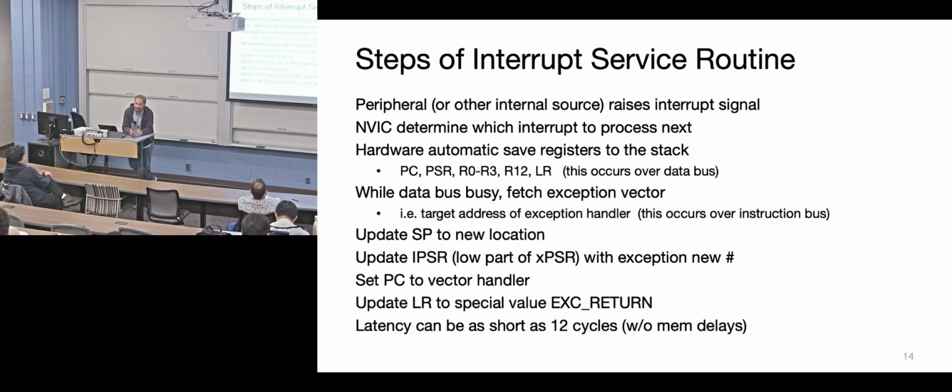I think the important part to think about is that when you're leaving an interrupt service routine, there's a different path home. It's not simply that you change the program execution. If you just took your link register and put it in the program counter, you'd start executing some of your original code or something, but it wouldn't have all that state information of R0 through R3 and all that other stuff. So by putting that special code into the program counter, it signals to the hardware that it should unstack everything.